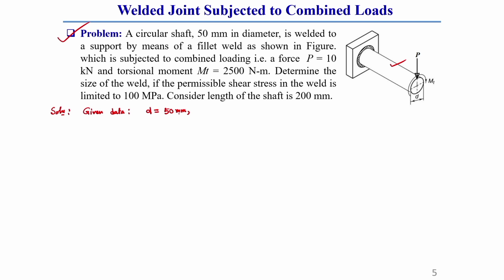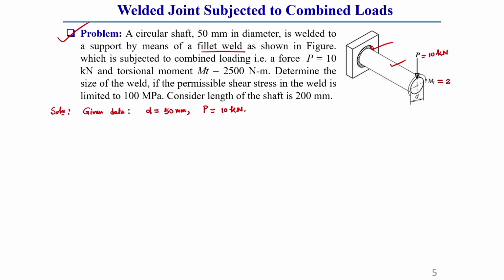It is welded by means of a fillet weld as shown in the figure. So this is actually welded in a support, which is subjected to a combined loading. Combined loading means a transverse force P equal to 10 kilonewton is applied. This information is given: P equals 10 kilonewton, as well as MT is given